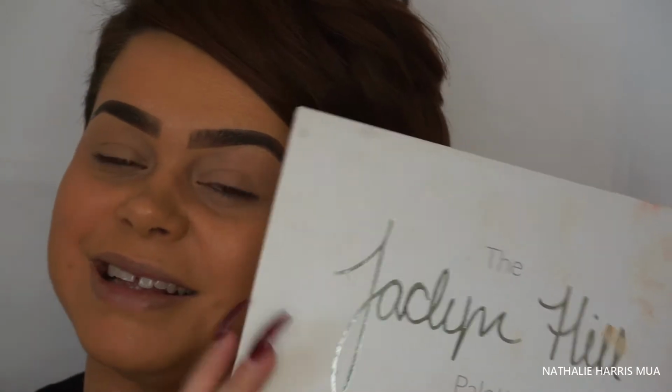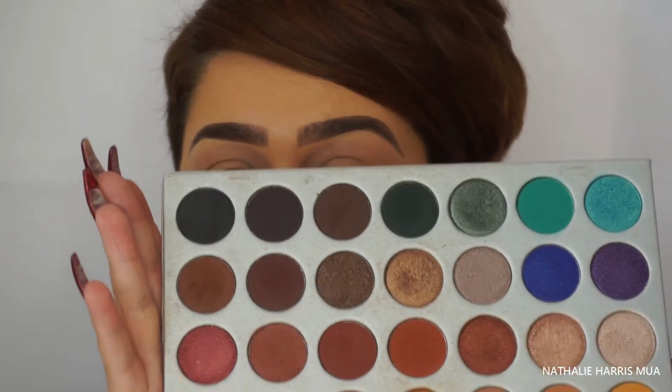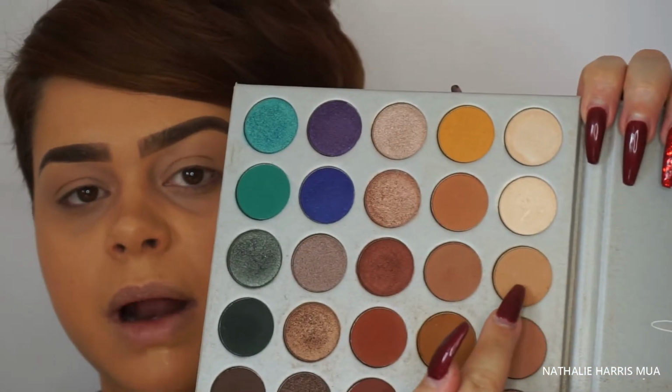Okay, so rather than setting this with translucent powder, I'm actually going to use one of the shadows in the Jaclyn Hill Morphe palette. So this is the palette I'm going to be working from today. This palette is really lovely. It is a little bit dirty, however, and I just think that this is a perfect palette for this look. It's got so many variety of colours in it. It is absolutely wonderful. So the colour I'm going to use to set this shadow is this one here, and